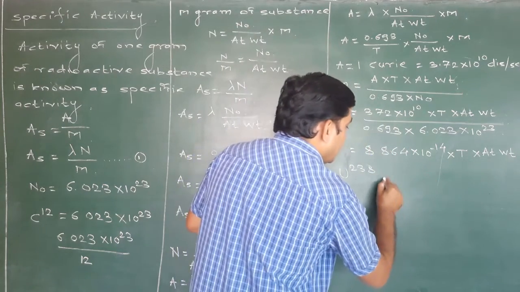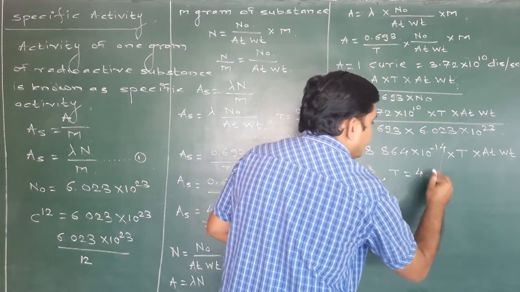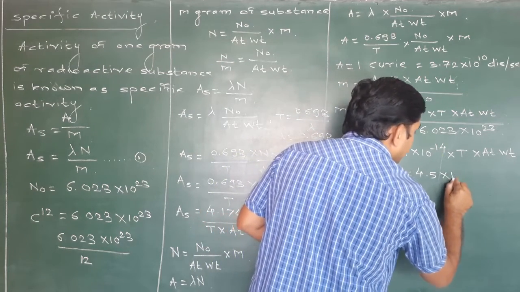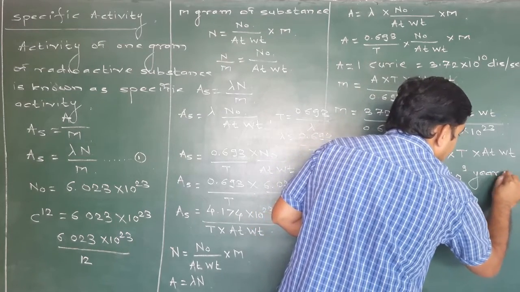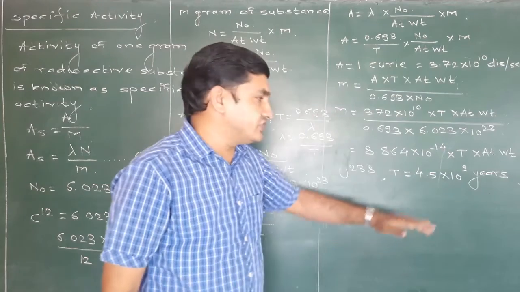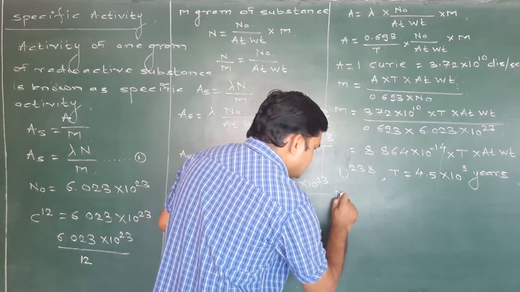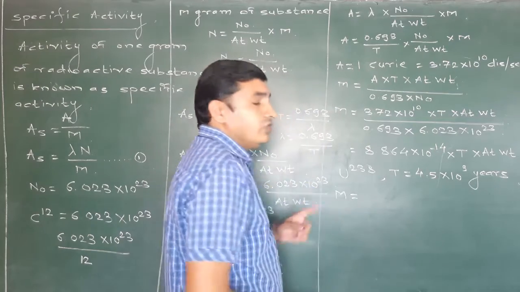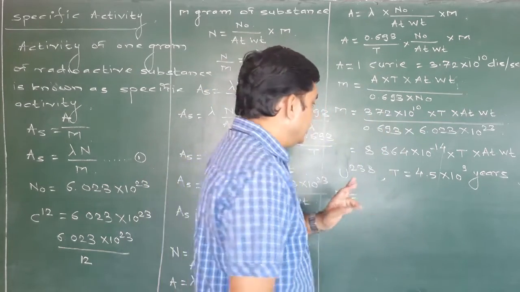Okay, this is the half-life, and therefore the mass of a uranium which has activity 1 curie is